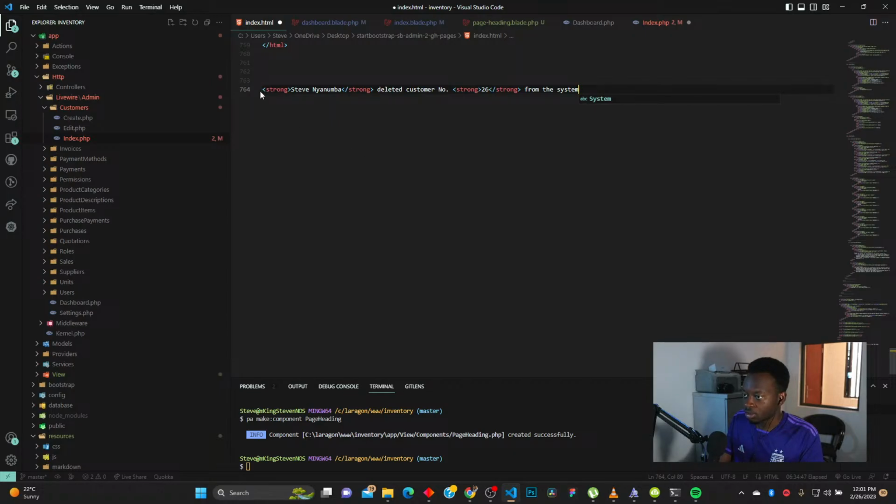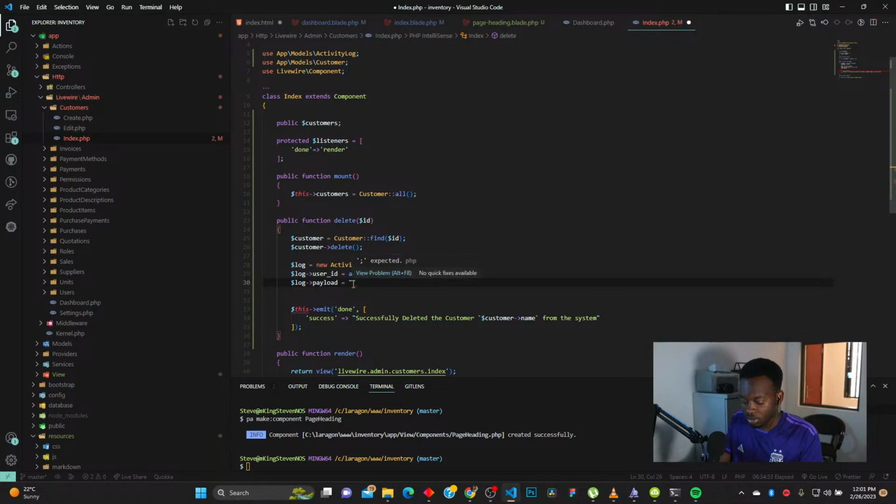This is all I just need to put in my payload. So this, I'm going to cut this. I'm going to come into index. I'm going to paste it here, and then I'm going to come and replace this with